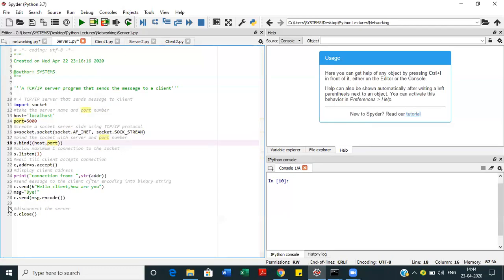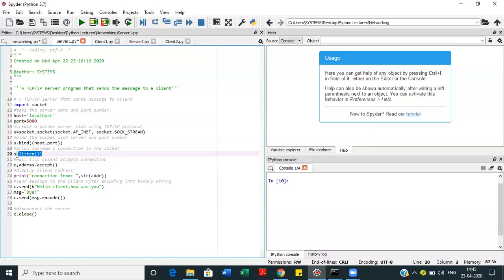So basically, this host name can be some IP address or some website name. But if we are running the program on an individual computer that is not connected to any internet or network, then in that case the host name can be localhost. Or else if you want, we can write here the IP address of localhost, that is nothing but 127.0.0.1. Then this host and port number we have already initialized here.